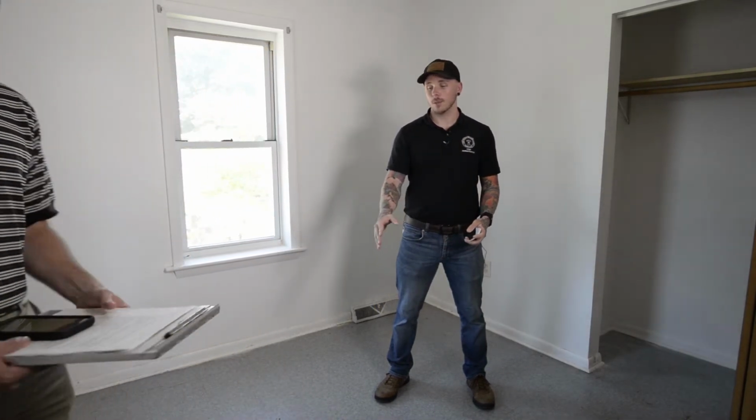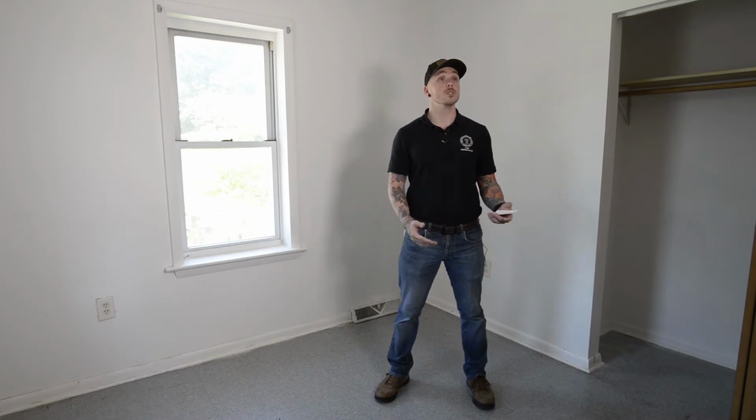Today, we're going to walk through a bedroom. Our inspector is going to be Justin Cole, and Justin's going to be walking us through the bedroom, explaining what items we're looking for. Justin is certified as a property maintenance inspector in the International Code Council. Justin? Hi guys. First thing we do when we walk into a bedroom is take a